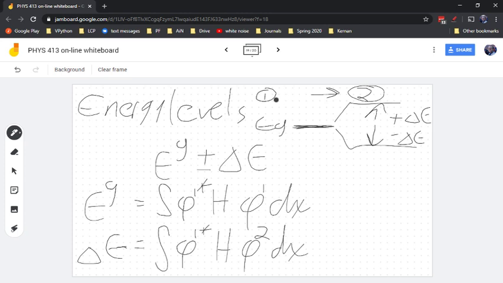So when you went from one well to two wells, this one energy level split. What you're going to get when you go from 2 to 3 is that each of these energy levels are going to split. So this is going to split by an amount, this is going to split by an amount. So you can kind of think of a smaller delta E here, smaller delta E here. And what happens is if you keep doing this,